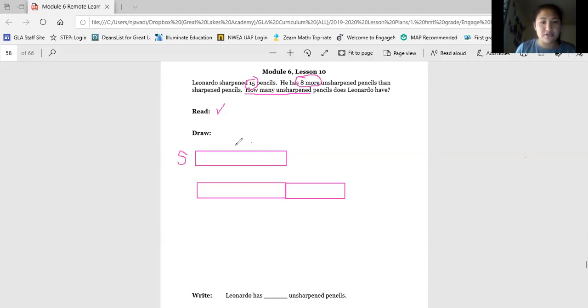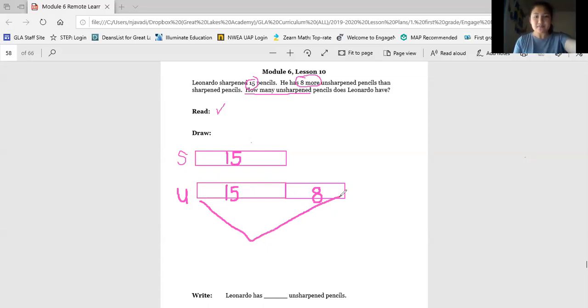So I am going to label this 15, and I labeled it S for sharp. Now he has 8 more unsharpened pencils. So he also has 15, and then an additional 8 more. I'm going to label it U for unsharpened. Now we need to find the total of this tape on the bottom. We can do that by using a number sentence. The number sentence I'm going to use is 15 plus 8